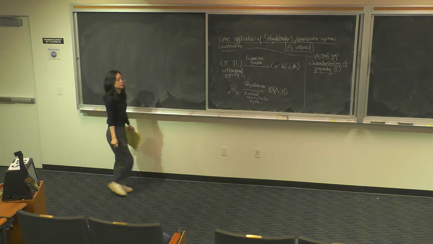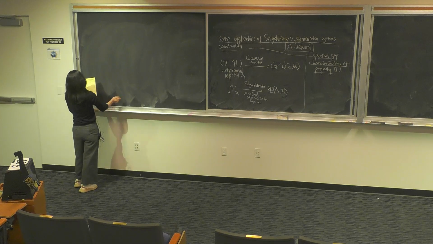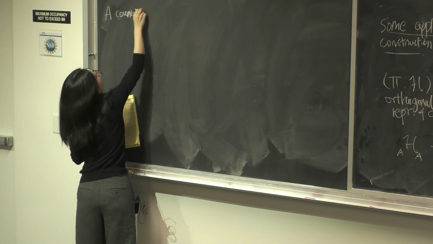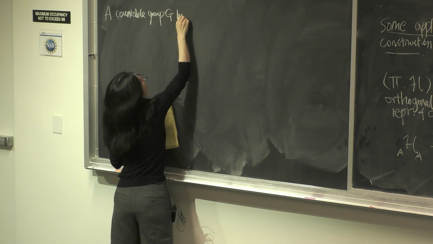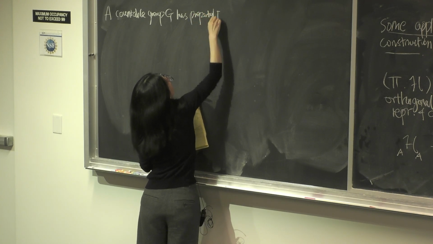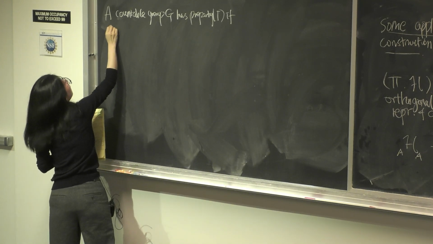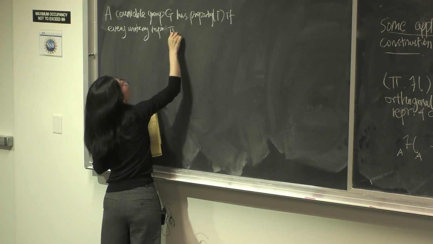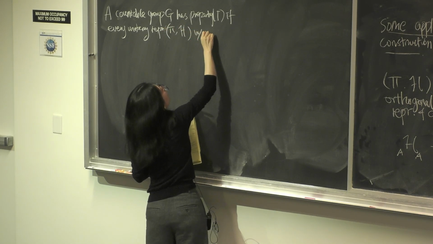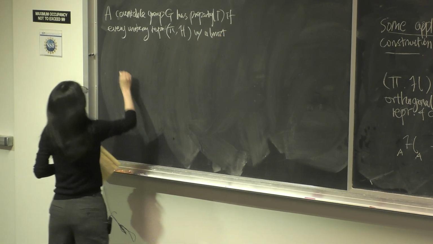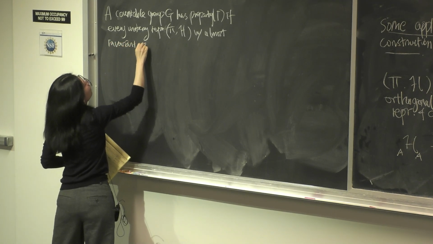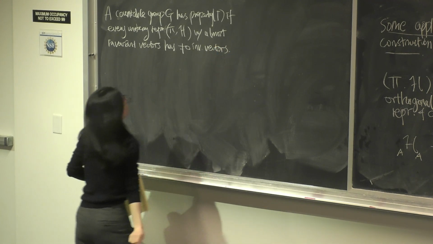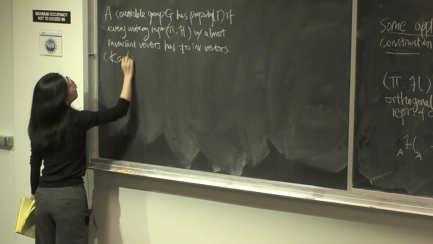So Jesse already mentioned the definition of property T. I'm just going to briefly repeat it. I am only going to consider countable groups and separable II_1 factors. A countable group G has property T if every unitary representation pi of G on H with almost invariant vectors has non-zero invariant vectors. And this was by Kazhdan,